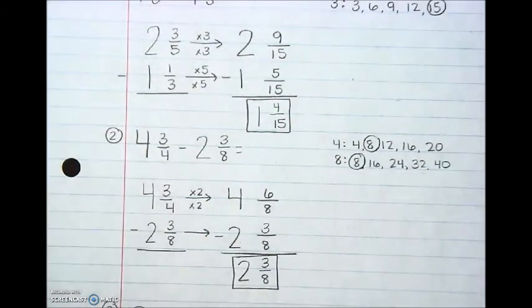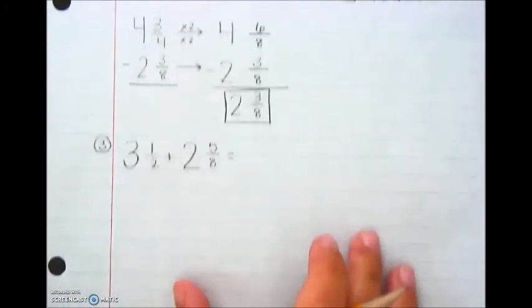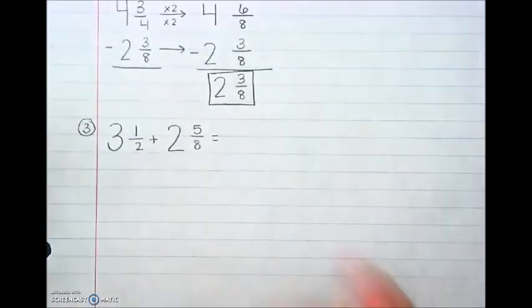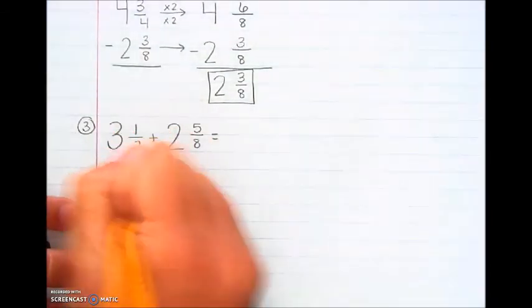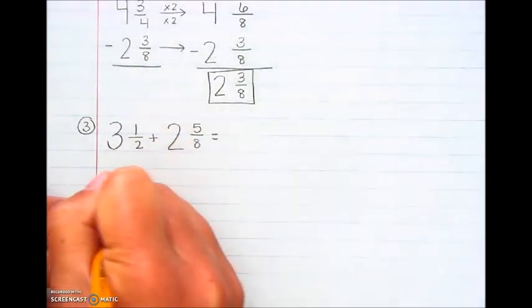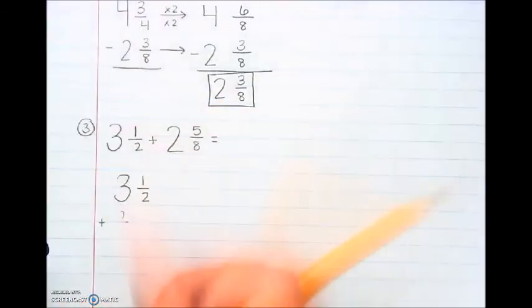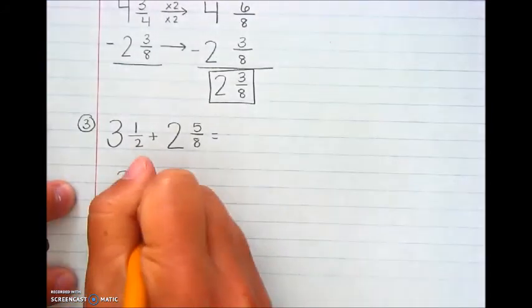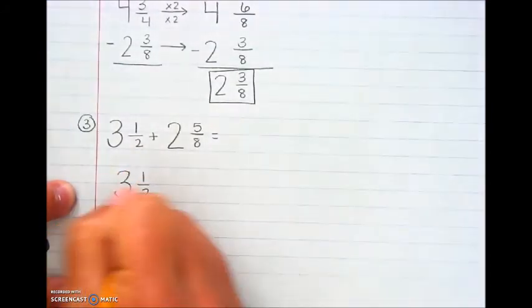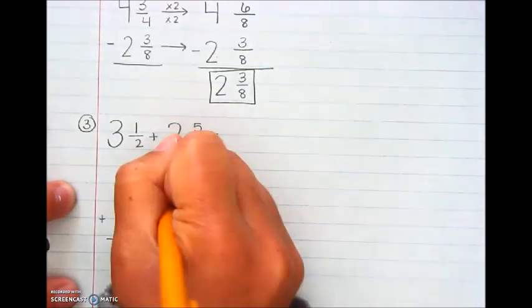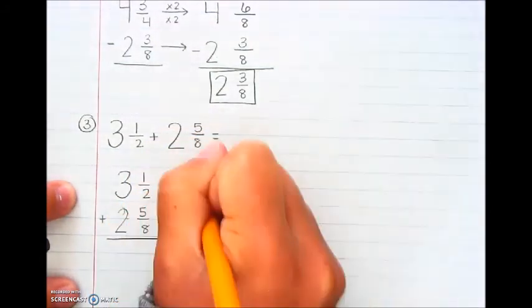Let's take a look at one more example and let's switch back to an addition problem. Again, 3 1/2 plus 2 5/8 vertically. Now I can already tell that 8 is going to be my common denominator, but if you didn't quite see that yet,